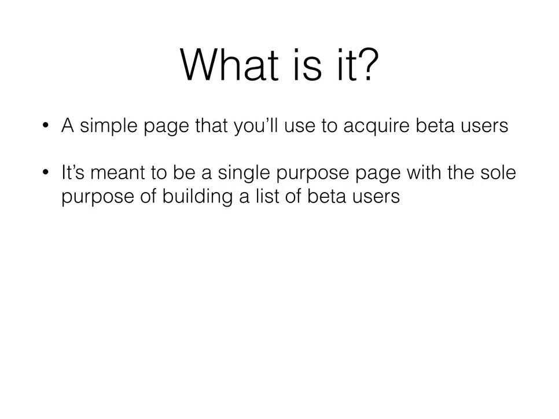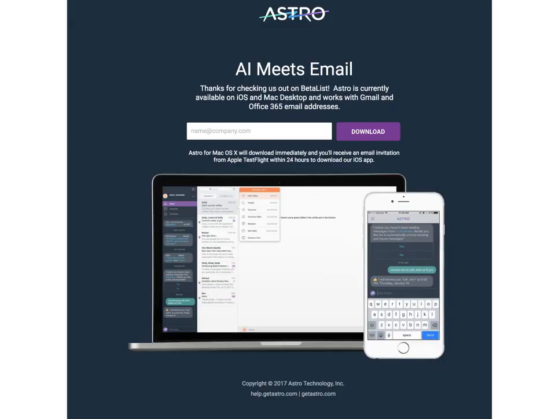Just so you have an understanding of what I'm even talking about, here's an example of a beta signup page. This is one for Astro, it's actually a startup that just recently launched on BetaList. As you can see, very simple description of who they are. Has an email opt-in form here, preview of what you're actually going to be getting into, and that's it. Really, really straightforward. And again, their singular purpose is to get that email address and get people